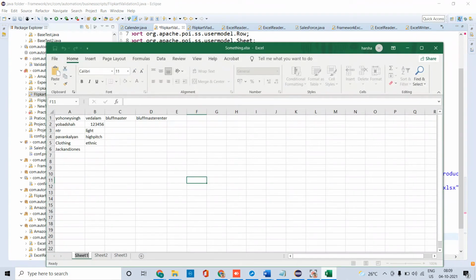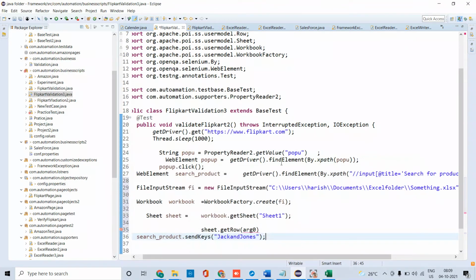So here I have given the test data in the sixth cell, so it will be taken as the fifth. So I will take it as the fifth cell.